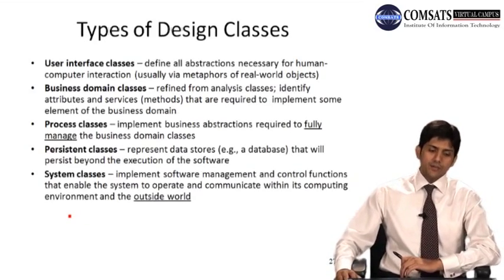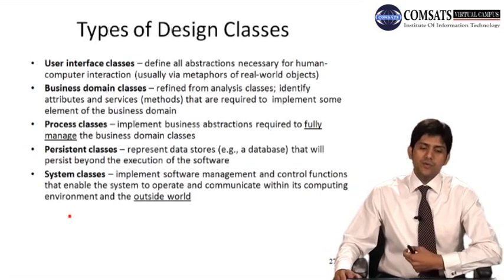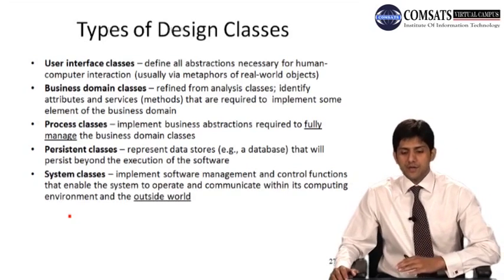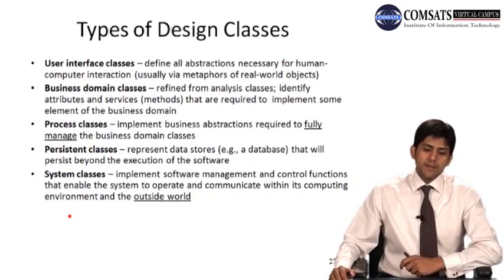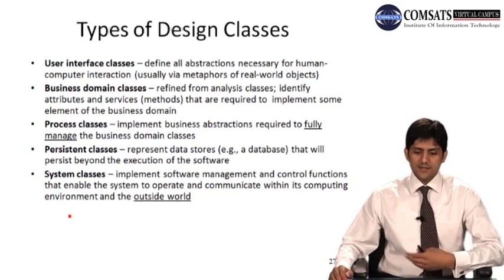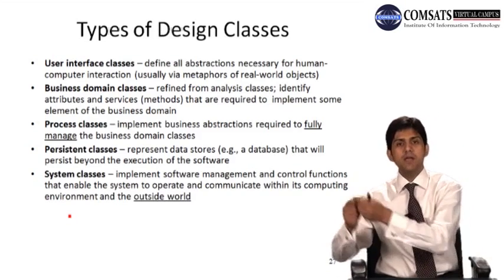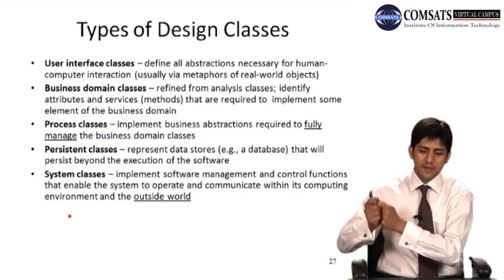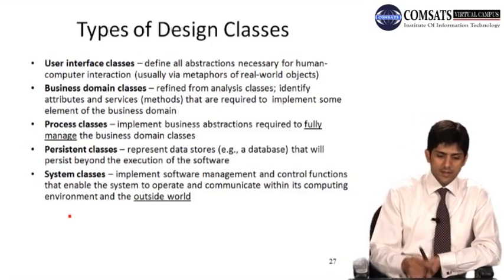Okay जी, finally we look at the different type of design classes that can be in your solution. First of all, we have the user interface classes. It defines all the abstraction necessary for human computer interaction, ठीक है। Business domain classes, they refine from the analysis classes, identify the attributes and the services that are required to implement some elements of the business domain. Process classes, they implement the business abstractions required to fully managing the business domain classes, ठीक है। यानी कि